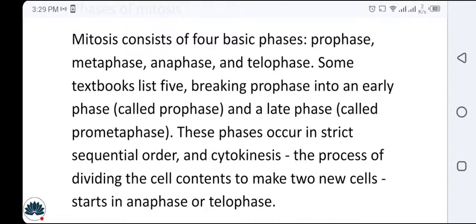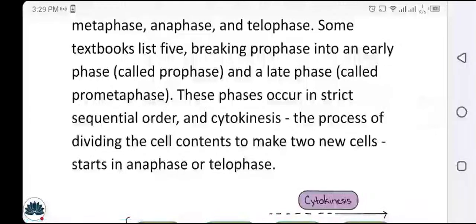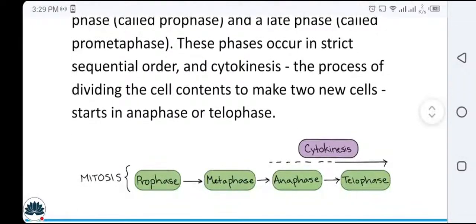Some textbooks list five, breaking prophase into an early prophase called prophase and a late prophase called prometaphase. These phases occur in strict sequential order, and cytokinesis, the process of dividing the cell contents to make two new cells, starts in anaphase